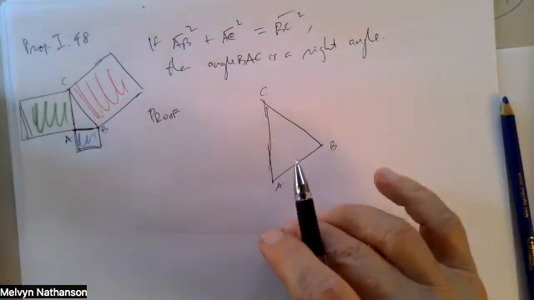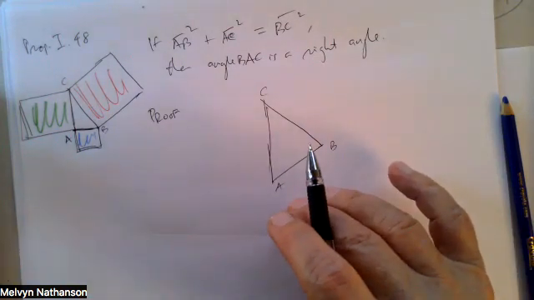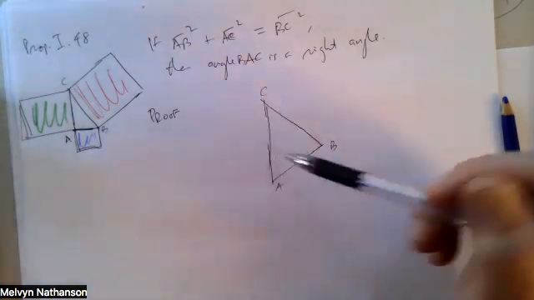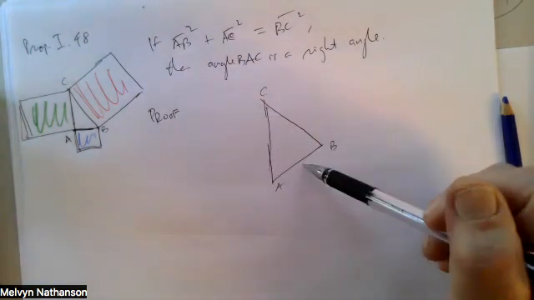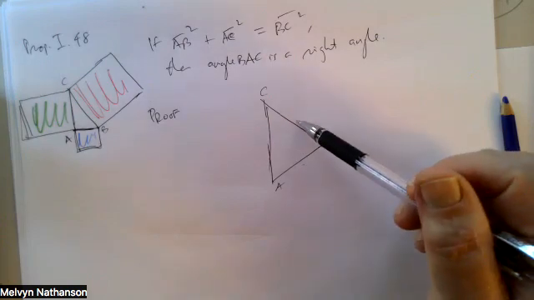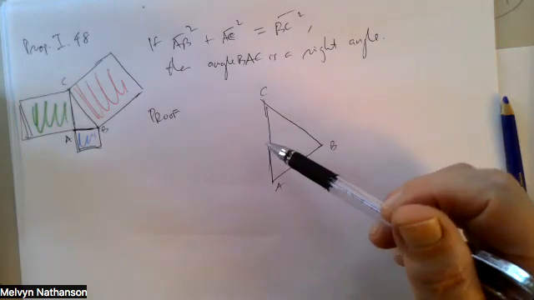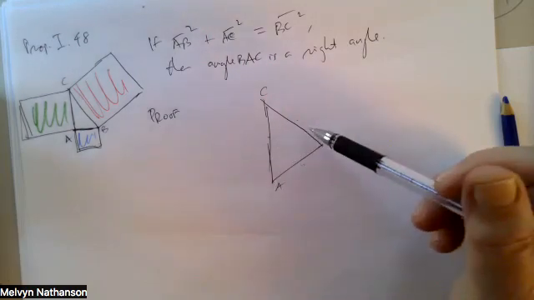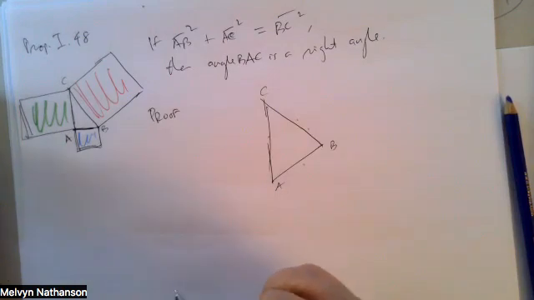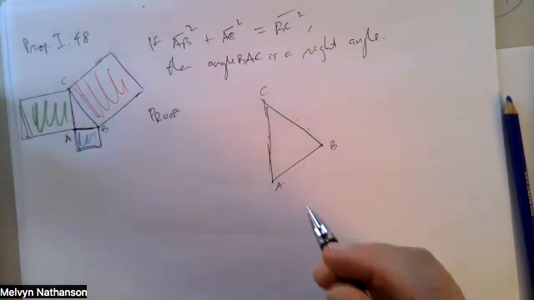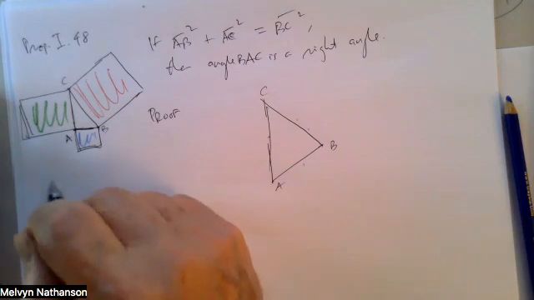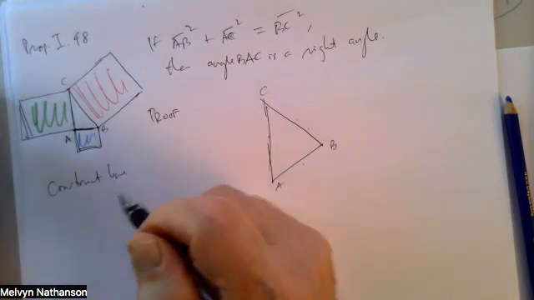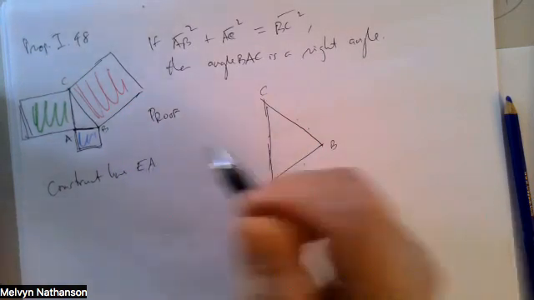And I'm not going to assume that this is a right triangle, but I do know that the square on AB plus the square on AC equals the square on BC. Okay, now, what do we do? We construct a line segment EA